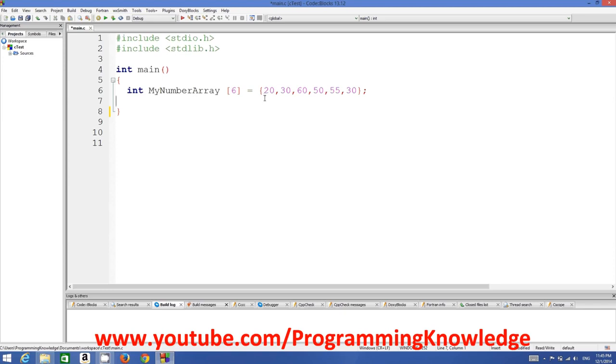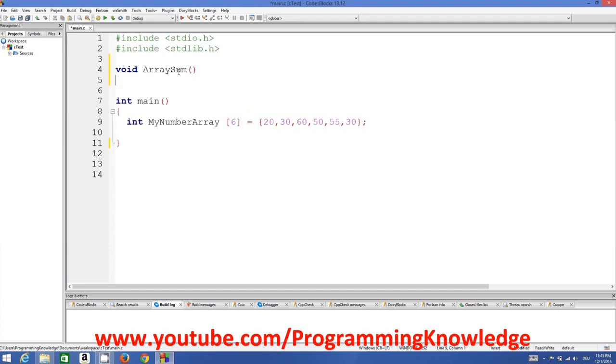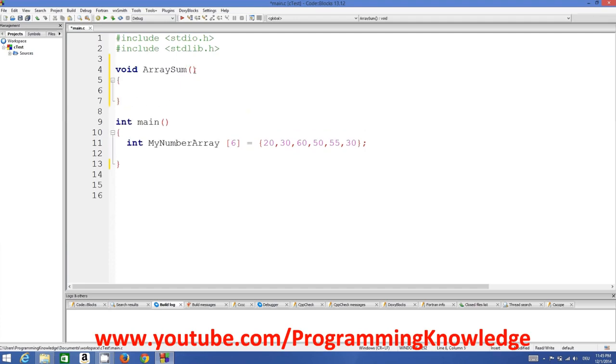So first of all, let's see what the different ways of passing arrays as an argument of a function are. I will declare a function void, for example, not returning anything, and we can say arraySum is the name of my function. I just need to change my keyboard settings. Yeah, so arraySum is the name of my function, and there are 3 different ways basically you can pass arrays as an